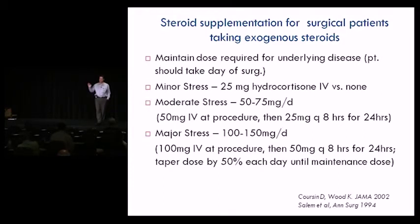Okay, so this is a little bit different. Someone who's already on 5 of prednisone for their lupus, you may not have to give them any steroid supplementation. Moderate stress, they need a little bit more, and then major stresses, they're going to need more supplementation. Very similar to what you might do for someone who's not on steroids at the time, but had a prior exposure